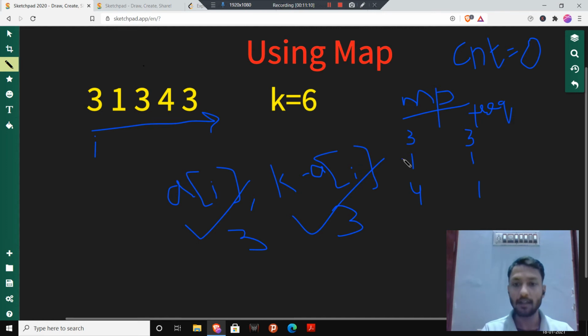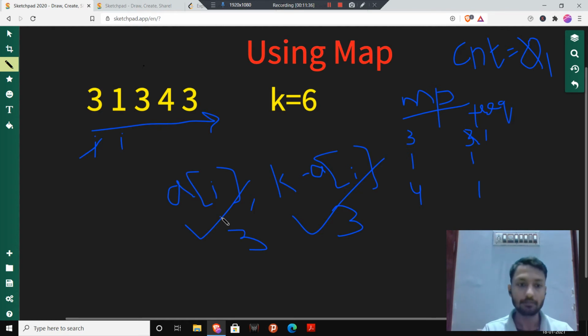Now after doing this, we have got 3 and we have got 3 here. As mentioned in the question, we have to remove those elements, so the frequency is decremented by 2, one for this and one for this. The frequency has become 1. Now we will move over I. Here my count has become 1 as we have found one pair.